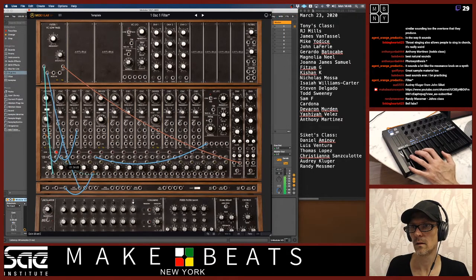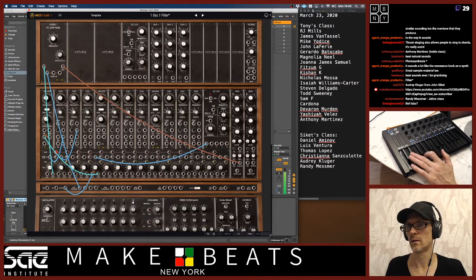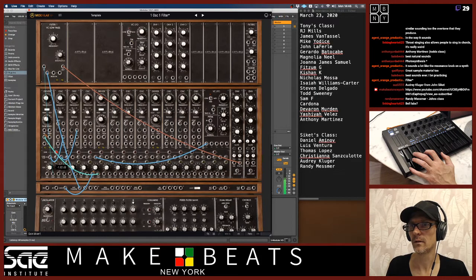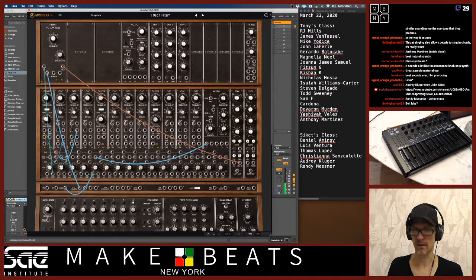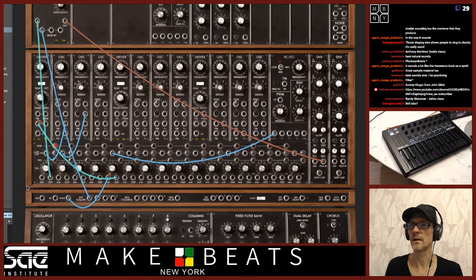And I can join these together, going through my filter there. Turn this one back up. Okay. And so I can adjust the levels here. If I zoom in on this, you can see what's actually going on here.